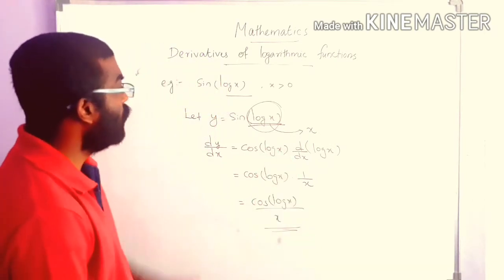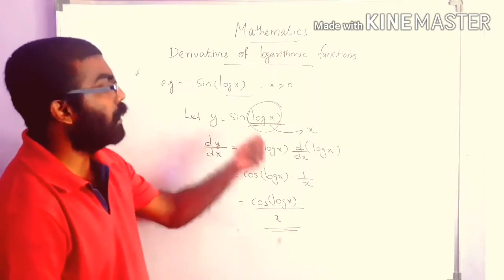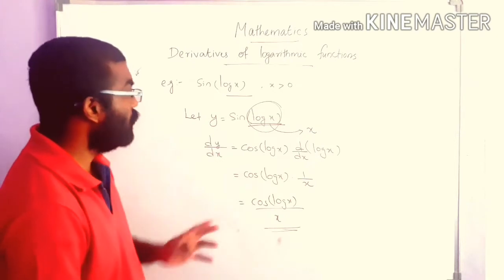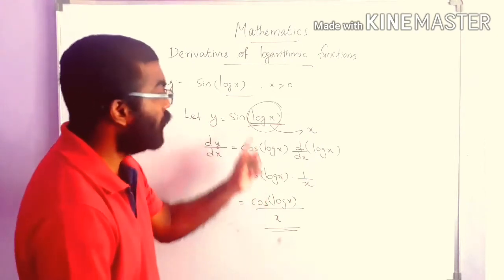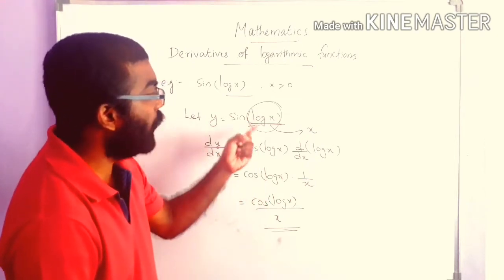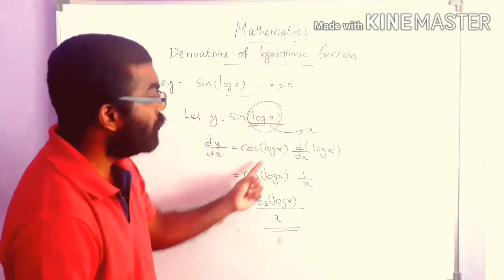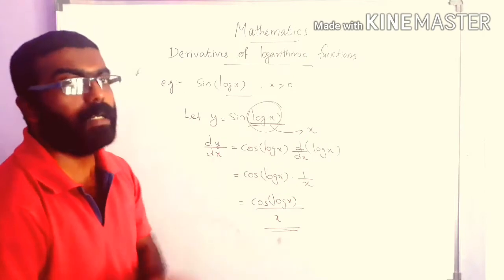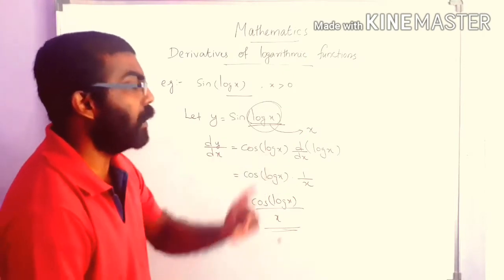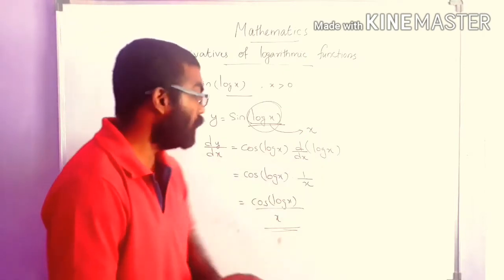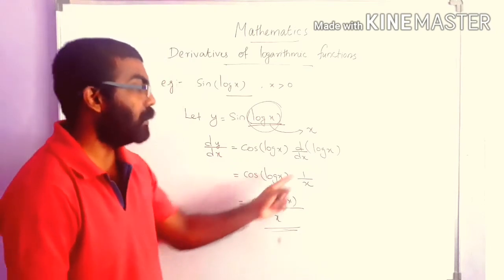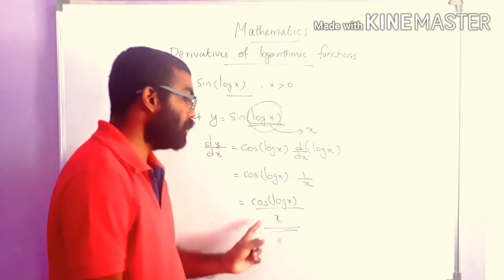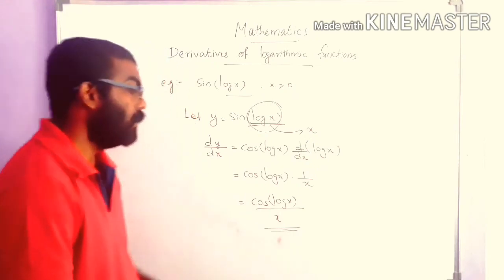Okay, once again, here the question is y is equal to sine log x. We have to find the derivative of this function. So dy by dx is equal to, sine x derivative is cos x, but instead of x, the term is log x. So we write it as it is, cos of log x, into, then we have to take the derivative of what? Log x, that is d by dx of log x, which is 1 by x. We can write it in the form cos of log x divided by x.